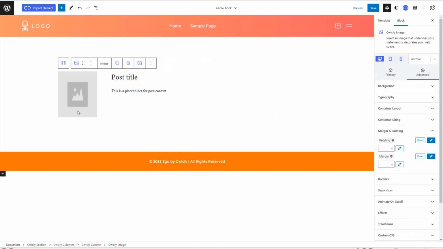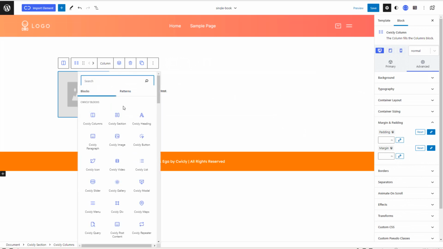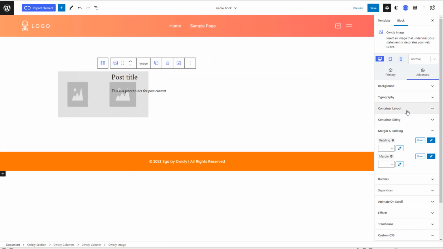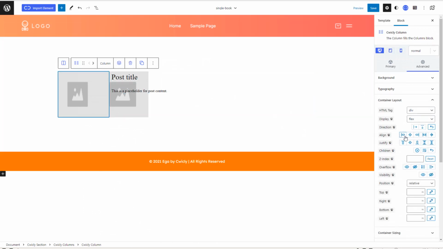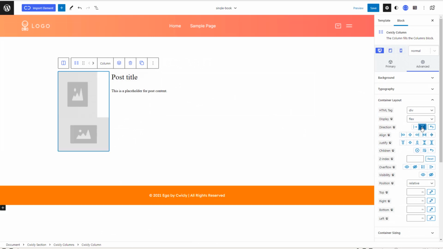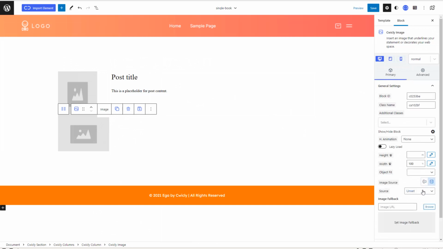And then below the image here, in the column, let's add another image field. Let's go to our container layout. Whoops. Let's go to the column. Sorry. Let's have these stack. And this image is going to have the ACF